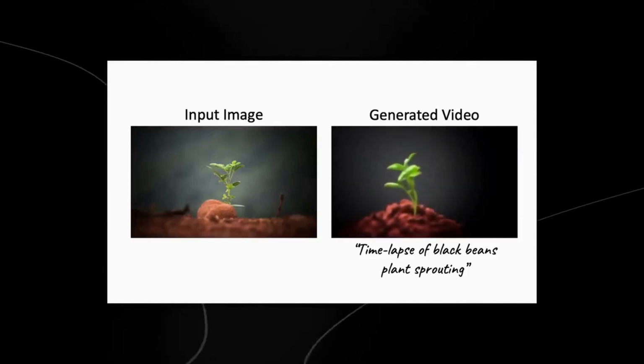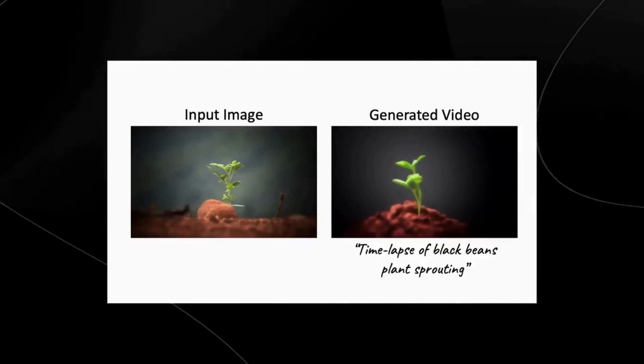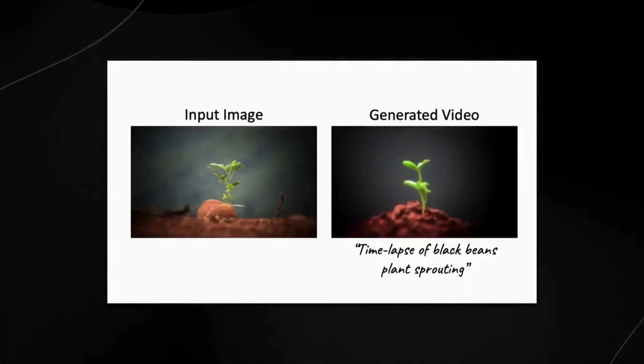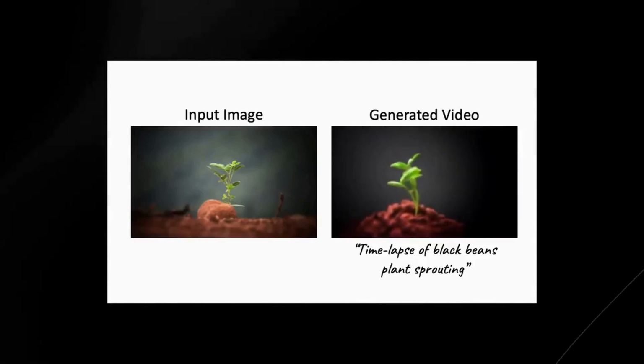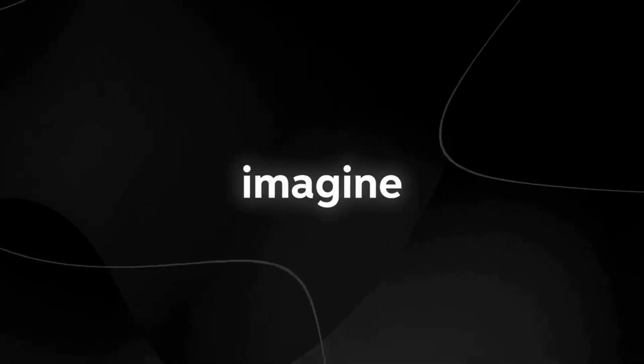It's a time lapse of black beans plants sprouting. So you can see right here, if you wanted to generate maybe a time-lapse kind of video, even the little shakes in which plants do, which you usually see in those kinds of videos, it just goes to show that the models being developed today are definitely going to be better a year from now, 2 years from now. So, you can kind of imagine what kinds of AI we are going to have, perhaps 10 years from now, 20 years from now. Are we going to be living in a completely different world where content is just completely automated? I guess we're going to have to